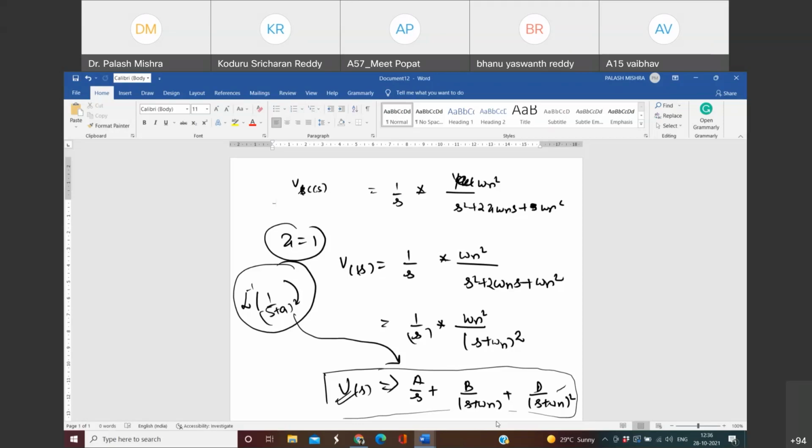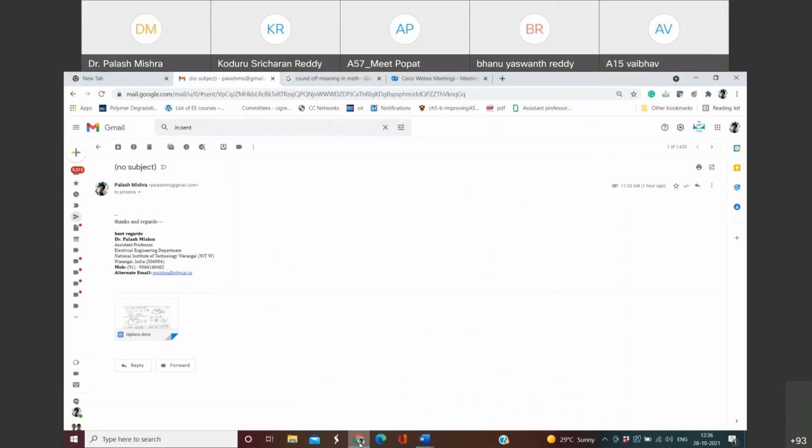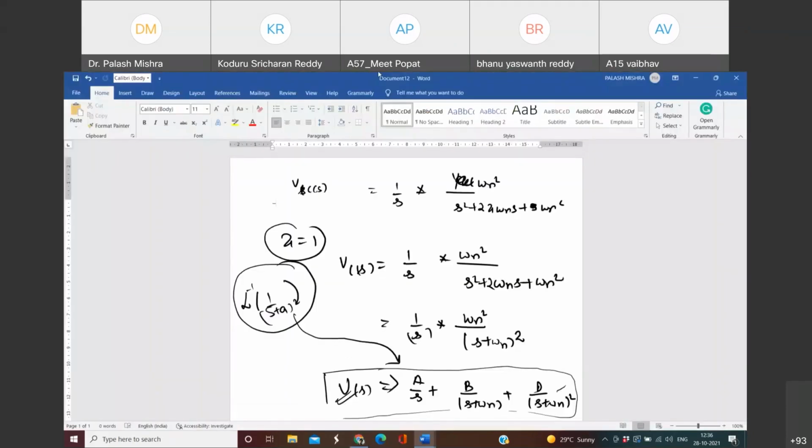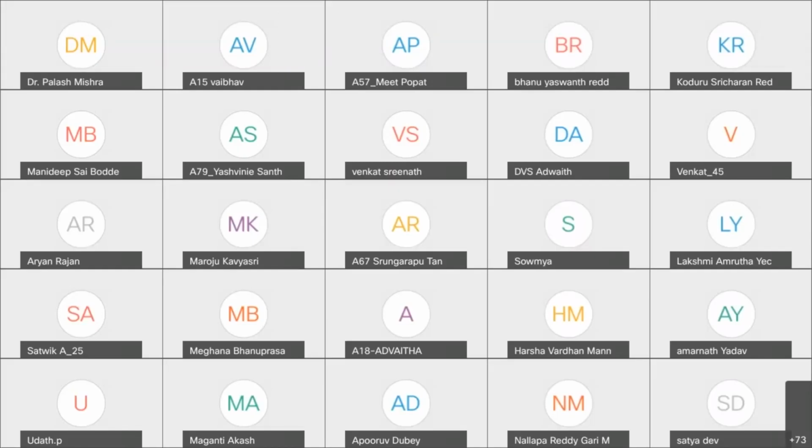So I think that's all for the Laplace transform. Until here, the minor 2 will be conducted. So please go through the concepts of the Laplace transform which I have told you. And then in the coming classes, we will start the network theorems, hopefully the final part of the syllabus. Okay. Fine. Thank you, everyone.